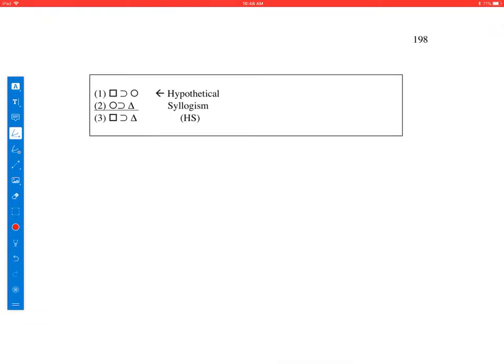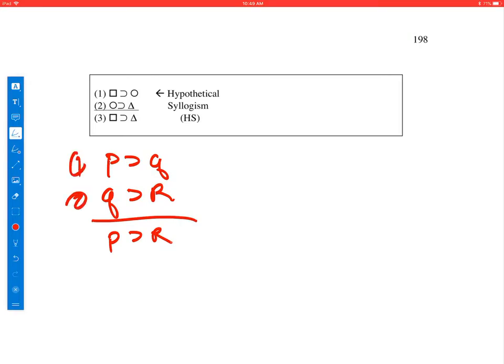Hypothetical syllogism is pretty easy to understand. Suppose we have P then Q, Q then R. Well, from those two facts, we know that if you have a P, then you'll get an R. Okay, and if these were premises, we would say that 3 is true by looking at 1 and 2 and thinking about the rule